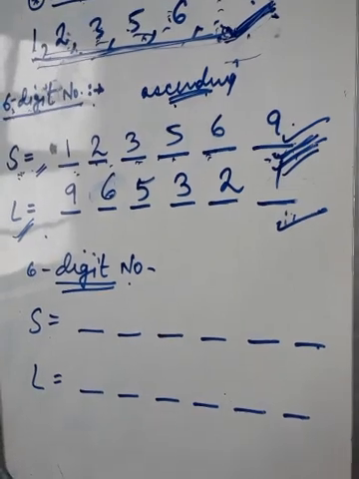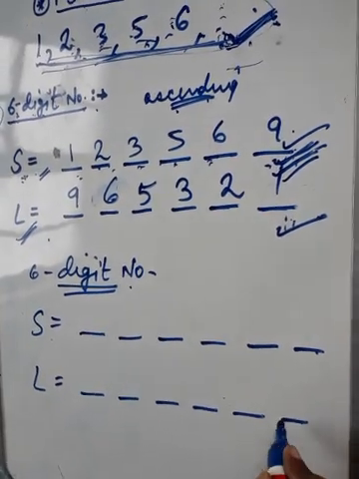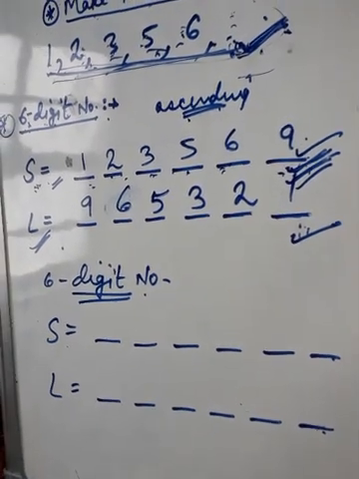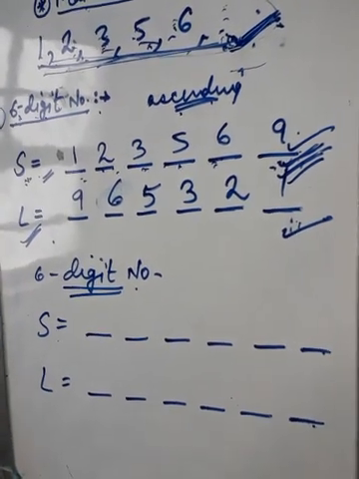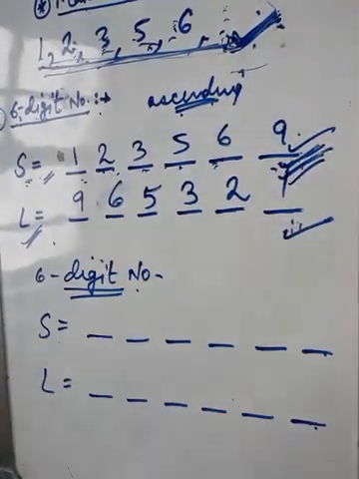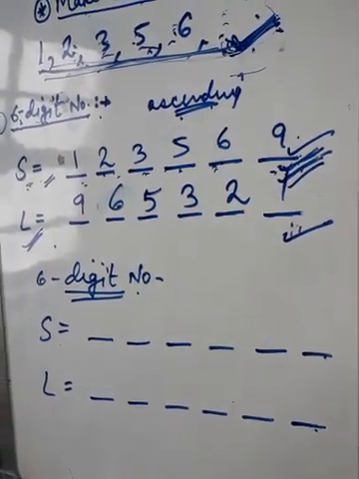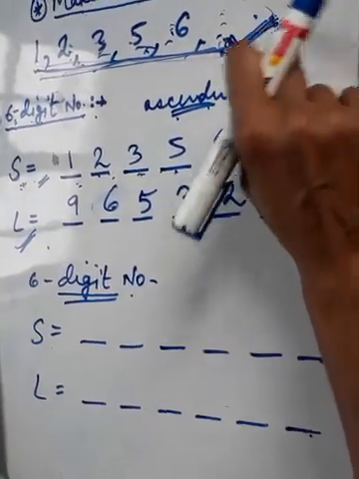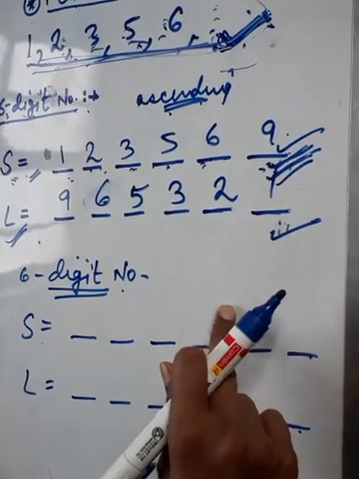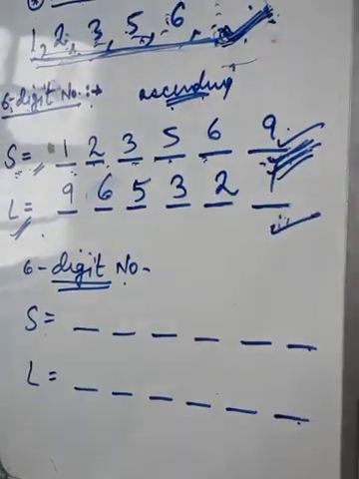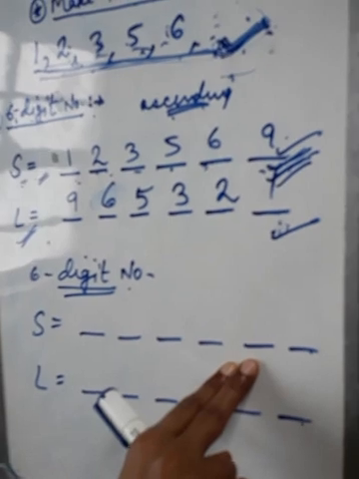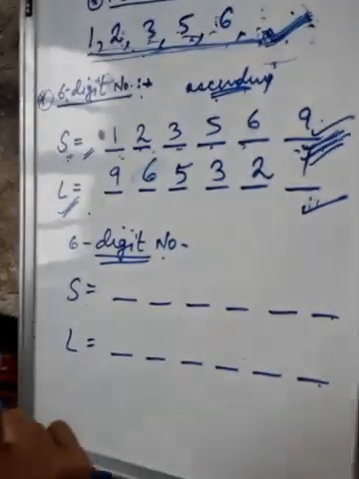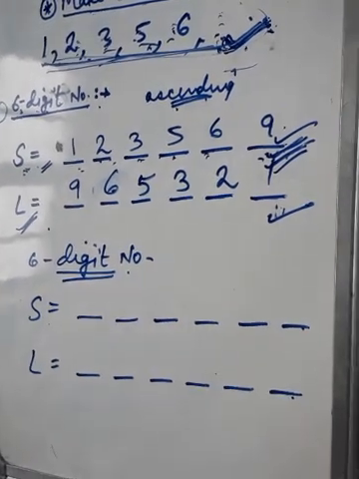Okay student, I know that you do not know how to make numbers using only 5 digits, so I am going to tell you. यहाँ पे condition क्या आएगी? या तो किसी एक digit को हम लोग 2 बार लिख देंगे तब वो 6 digit number बनेगा. Yes, so here we have only 5 digits, but we have to make a 6 digit number. For that we will repeat one number twice. हम लोग को दोनों सेक्शन में किसी एक डिजिट को 2 बार लिखेंगे तो हमारा 6 डिजिट नंबर बन जाएगा.